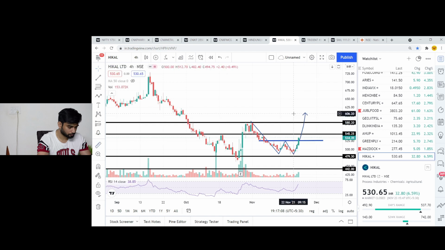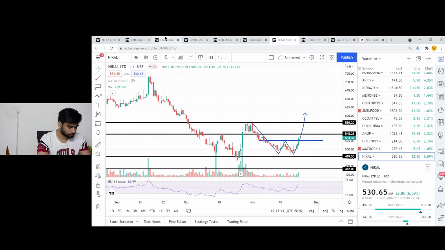Apart from that, it can also rise further because around the result, the volumes were very good, though in this particular area the market was not supportive, so this particular share has fallen down. But seeing the volume in this region, around the result, is somewhere indicating that people have made positions in this particular stock. And with the double bottom getting formed, which is considered to be a very bullish pattern, we can expect there can be a short-term bullish move in this particular share as well.